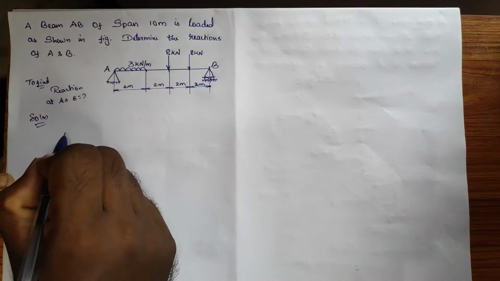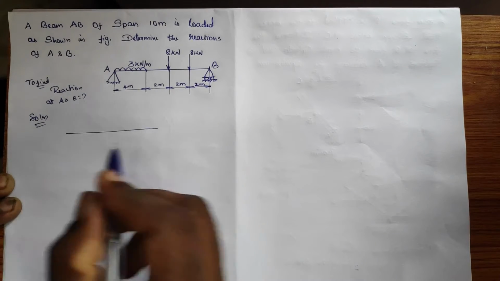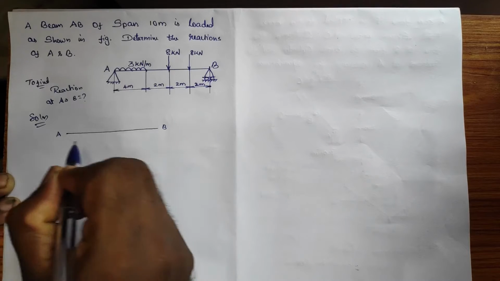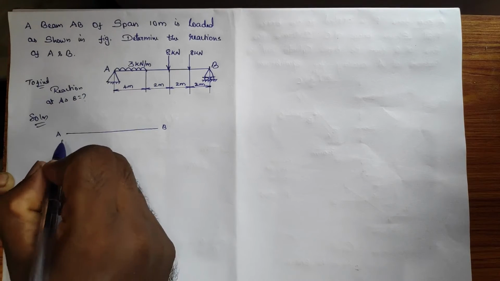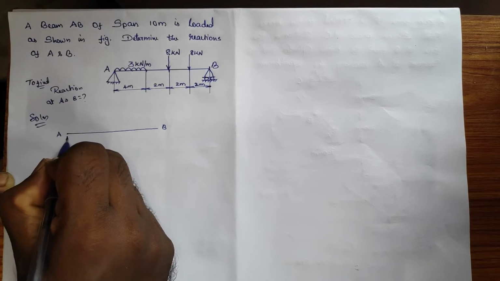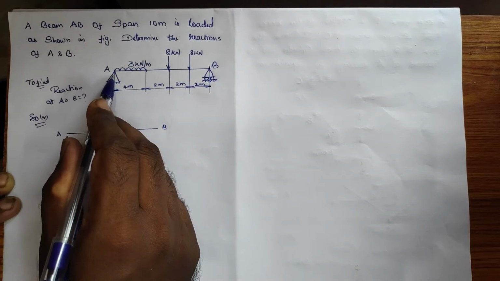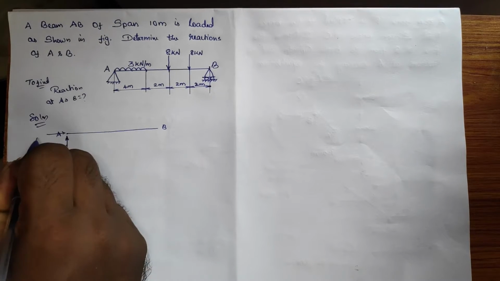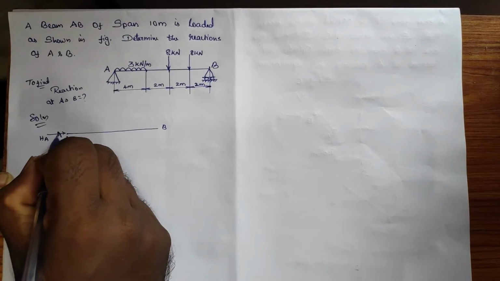So first, try to take all the forces acting on the system. Here this end is A and this end is B, and here it is a hinge support. Hinge support, in the sense, two forces will be there. One will be vertical, that is VA, and it will have the horizontal resistance. So here we will have the horizontal resistance force at A, right? Fine.